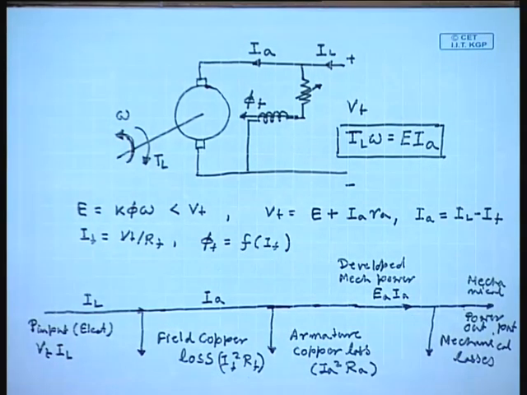So, we see that the same machine connected to the same supply can work either as a motor or as a generator. That depends on what is the value of the back EMF at the given operating speed. If it is larger than the terminal voltage, then the machine will operate as a generator, otherwise it will run as a motor. Therefore,